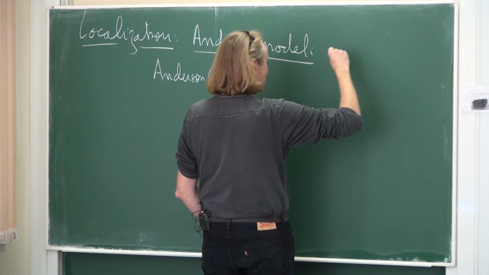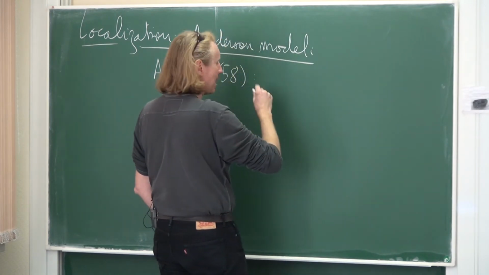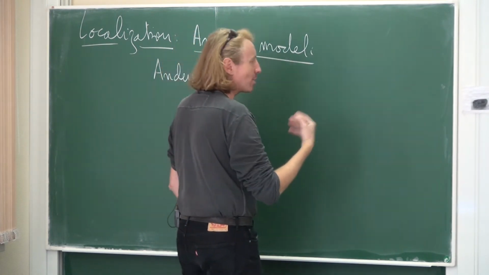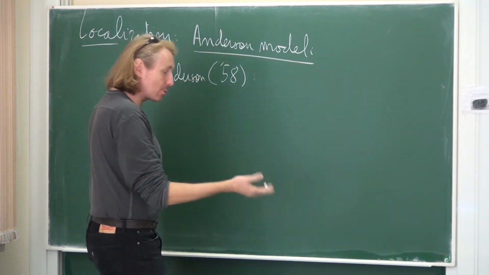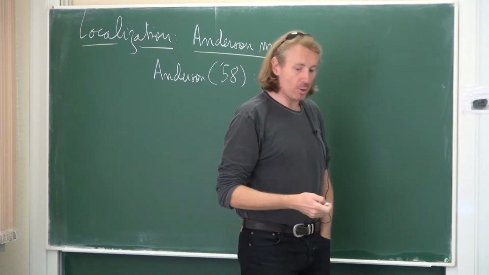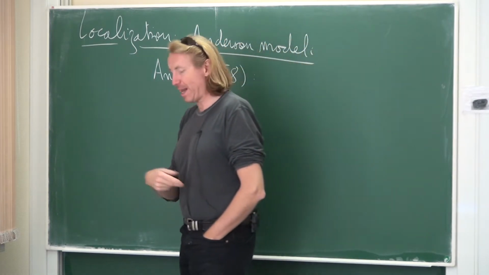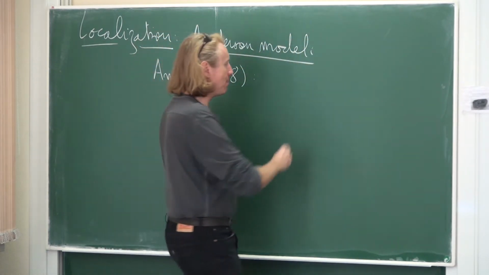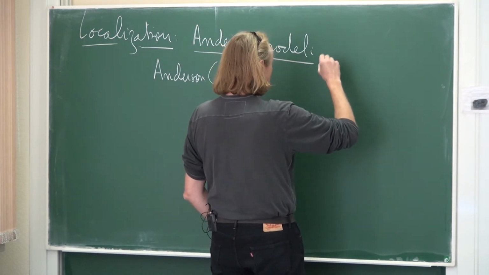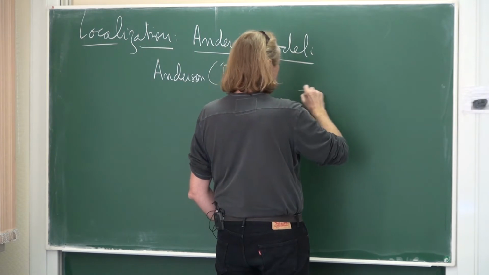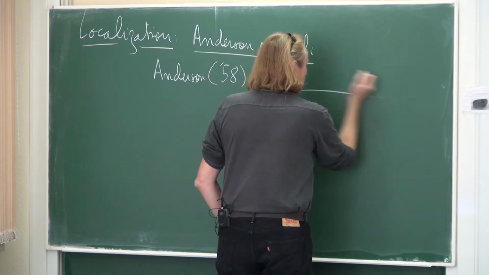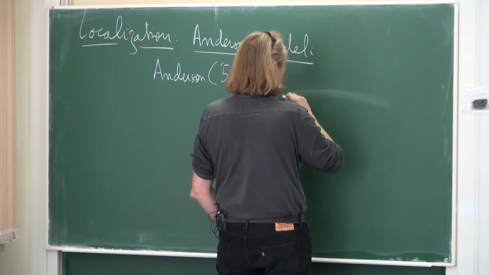The idea is the following: if you take, for example, electrons, but it's actually a wave phenomenon, right? So it works for many waves, not only electronic waves, but it works also for sound waves, it works for light waves. It's really a phenomenon based on waves. And if you look at the Anderson model, so an electron which is moving inside a disordered system, I can draw 1D, but